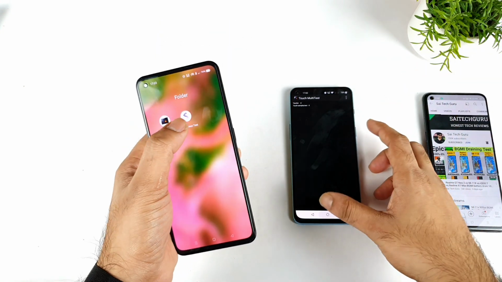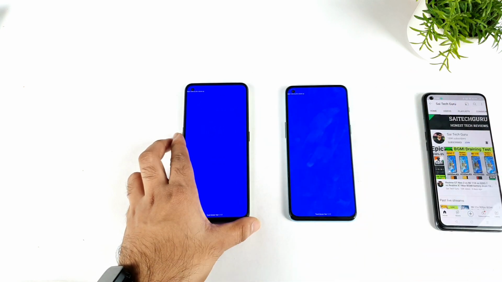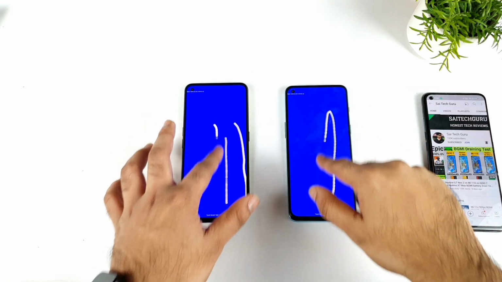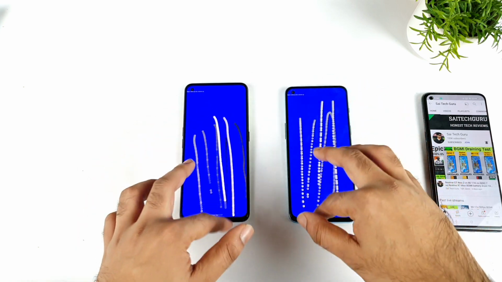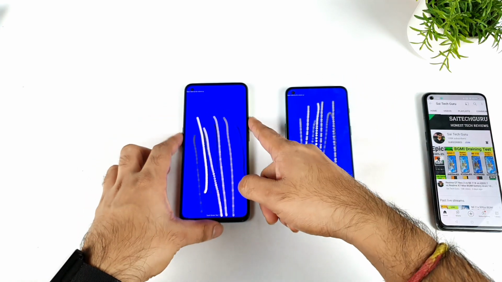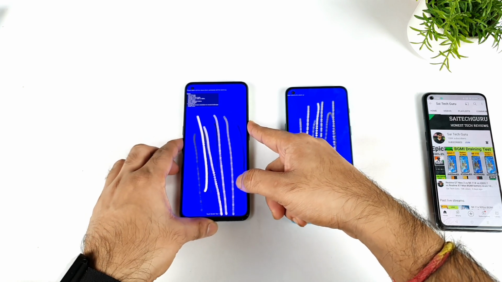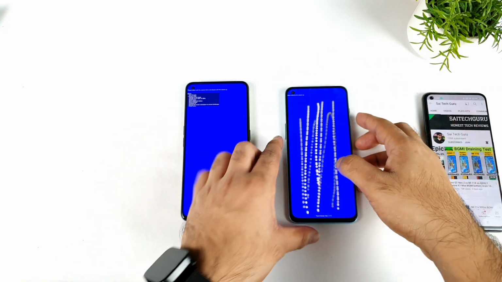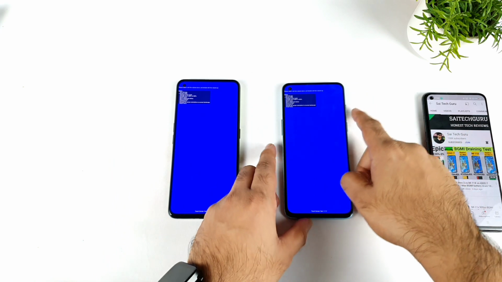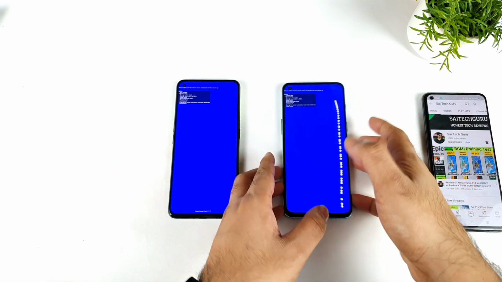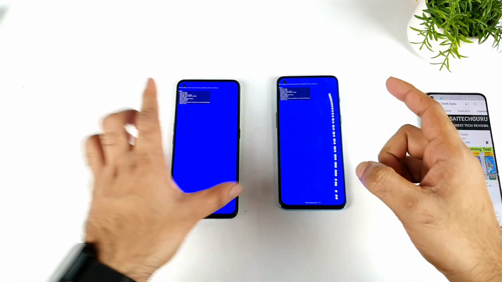I'm not sure why they did not mention it anywhere, but there's a touch sampling rate application we can use to measure touch inputs, to see how many the phone is actually detecting. As you can see right now, if you observe side by side, let me clear the screen. Now observe the OnePlus Nord 2 with the 120 Hz touch sampling rate. You can see only a small number of touch inputs being detected, even when I draw the line very slowly.